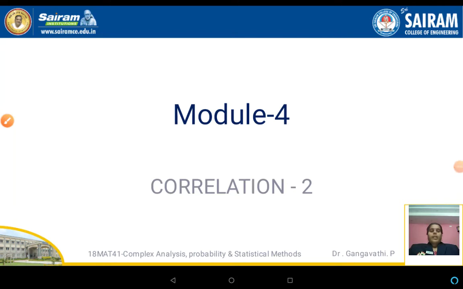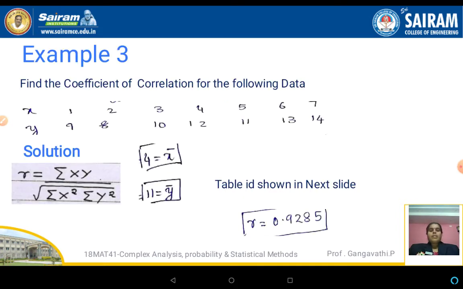Students, today in this session let us discuss the continuation part of correlation. In the previous session you saw the definition of correlation and the types of correlation, and we expressed the correlation coefficient using Karl Pearson's coefficient, and we also worked out some problems on them. Let us continue to see many more and different types of problems in correlation. Two examples we discussed in the previous session.